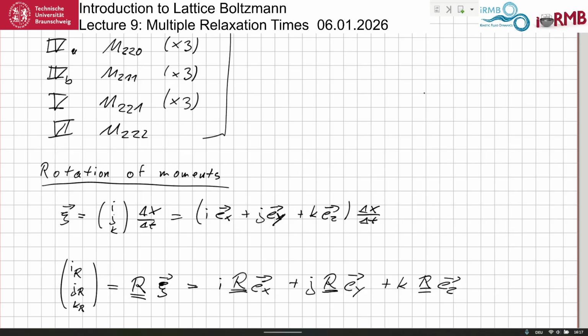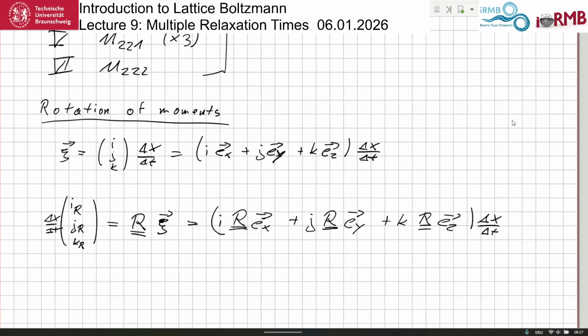I noticed delta x. So in principle, to be consistent I have to multiply by delta x and delta t. So now what would be these rotations? I'll have no business